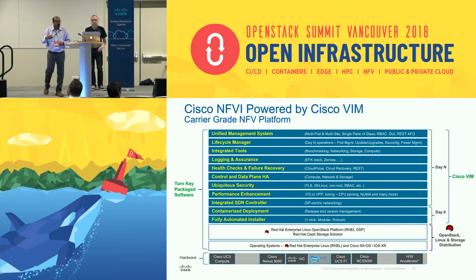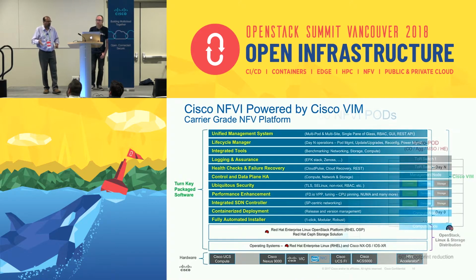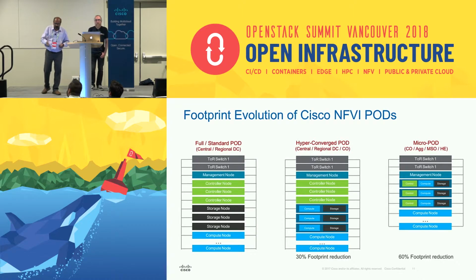So essentially, the value proposition in this platform is not just taking a bunch of hardware or a bunch of open source components and bringing it all together. The theme here is management of this whole entire cloud, day zero onward, and that's the value that we are trying to offer. Now, as Ian had rightly pointed out,